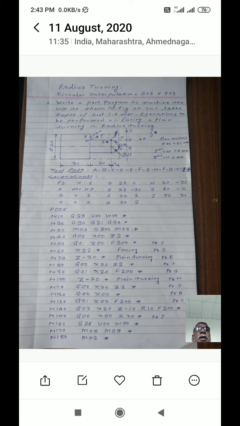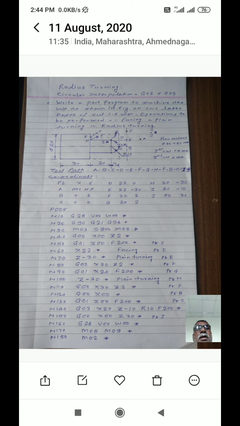G02 means circular interpolation function in clockwise direction, and G03 means circular interpolation function in counterclockwise direction. Here, as shown in the figure, the tool is moving from point C to I in counterclockwise direction. Is it okay? So we have to use the G03 code.